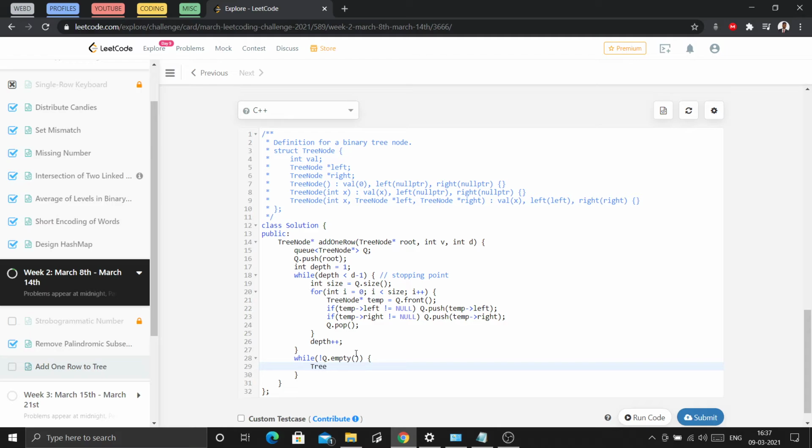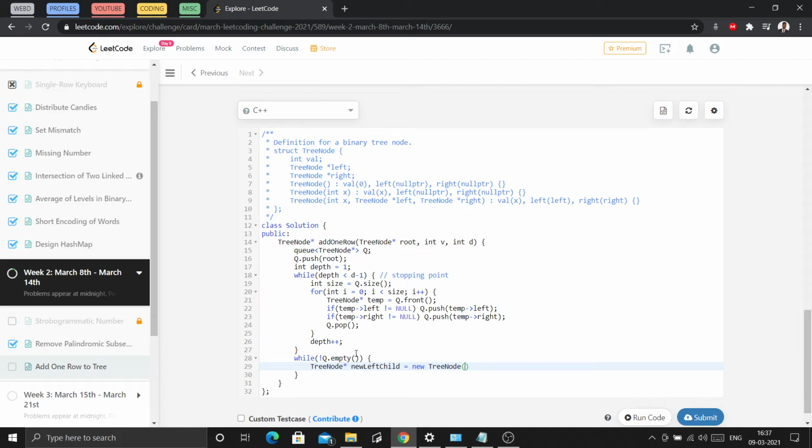So our TreeNode star, let's say our new right and new left child. So new left child is new.